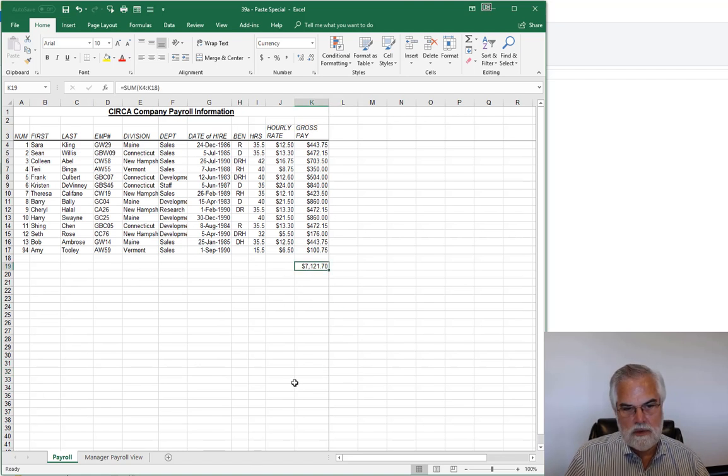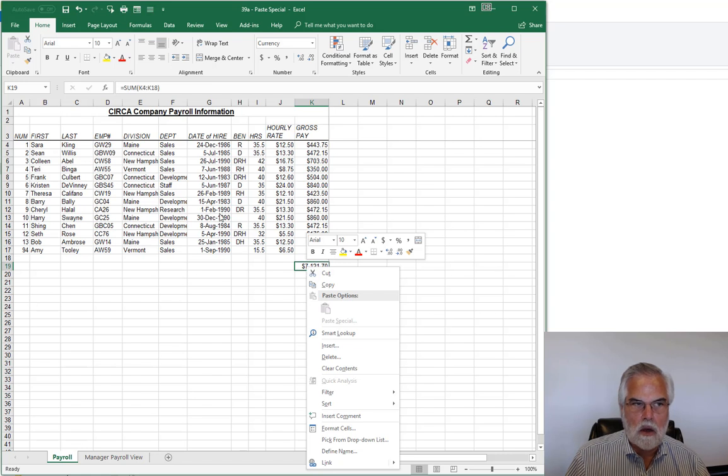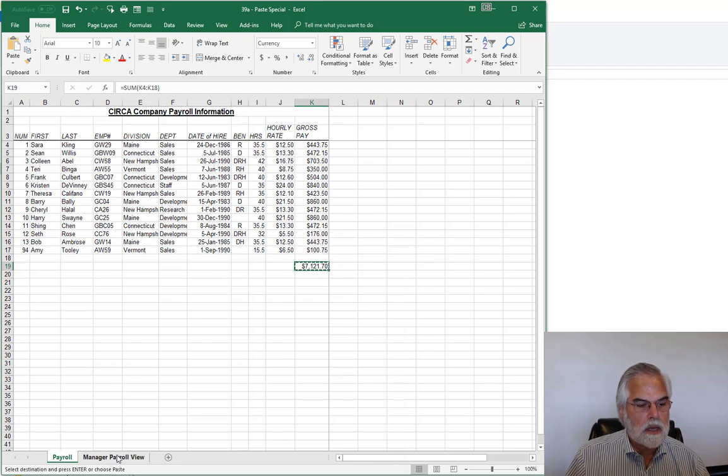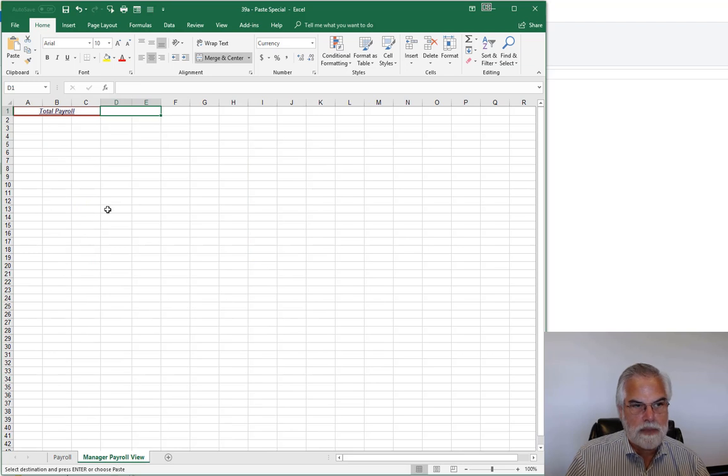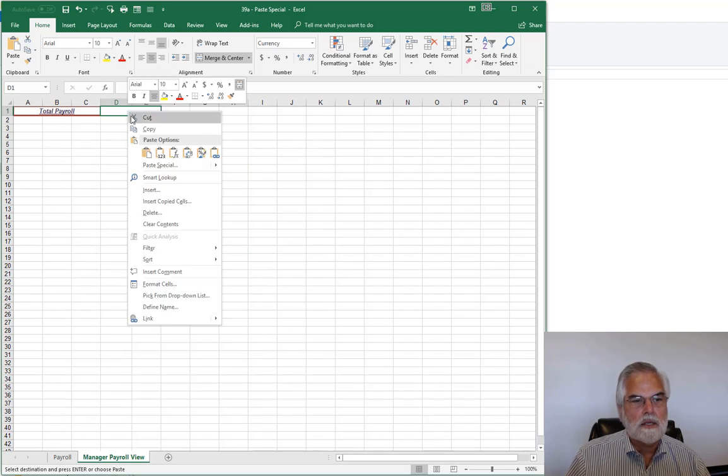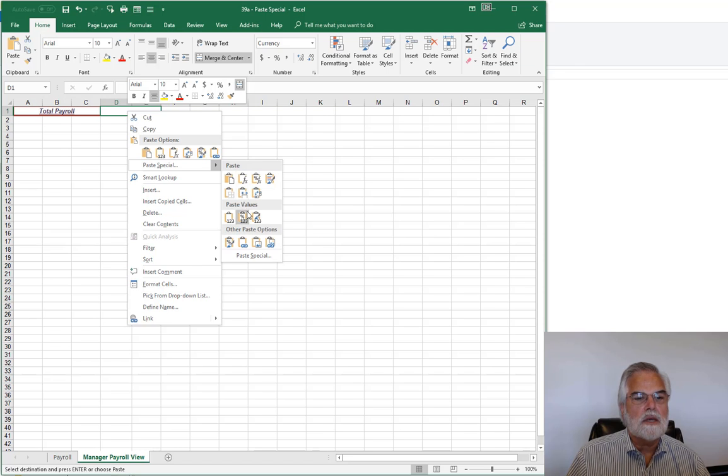So first of all, we select this, the total of the payrolls. First of all, what we want to do is right click or copy, either one. Right click is just quicker. Right click and I say copy. Click over to the manager's payroll. Right click in there and look, when you come down to paste special, you go across and you'll see way